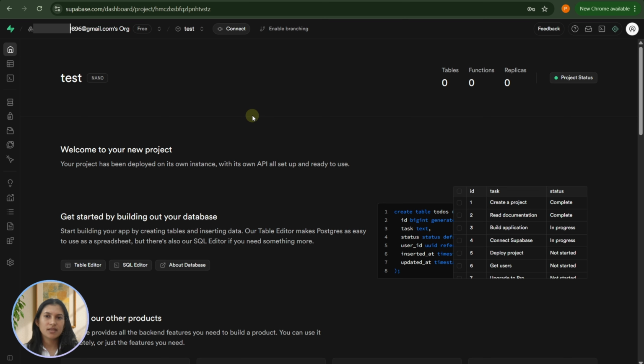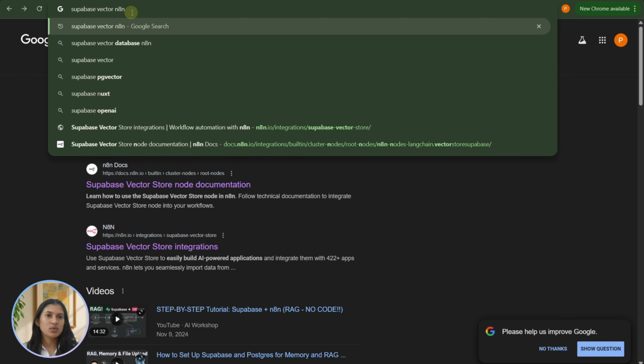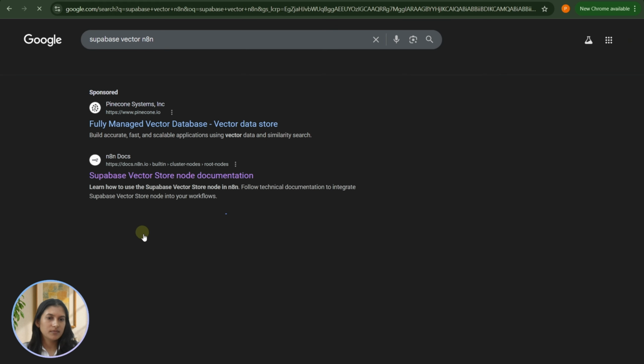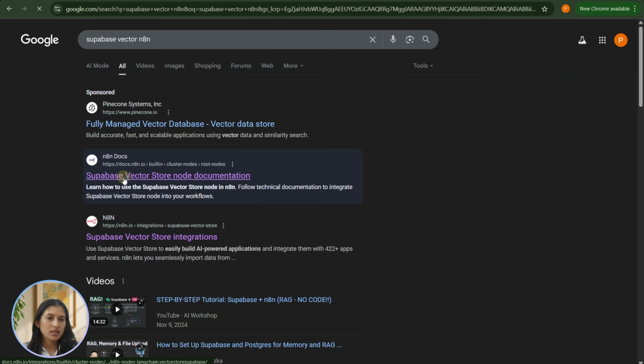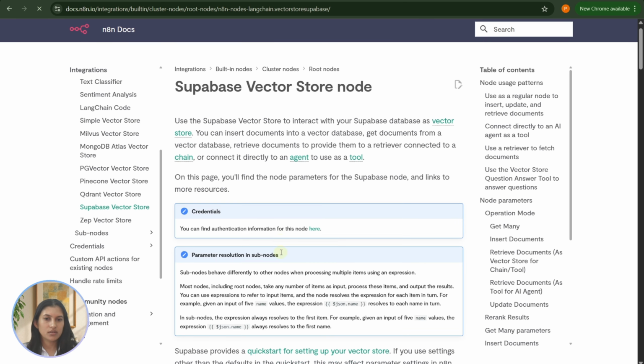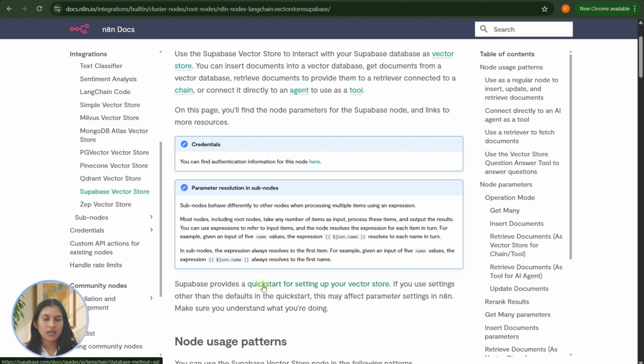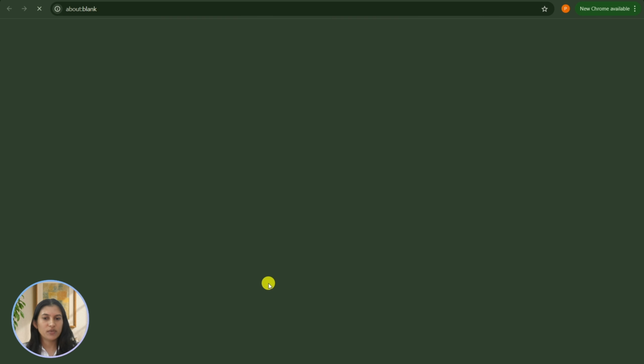Once the project is created, we need to run a SQL script which will help to create vector embeddings on execution of our n8n workflow. So you need to go to Supabase Vector n8n, then click on this link, Supabase Vector Store Node Documentation. Scroll down, click on Quick Start for setting up your vector store.